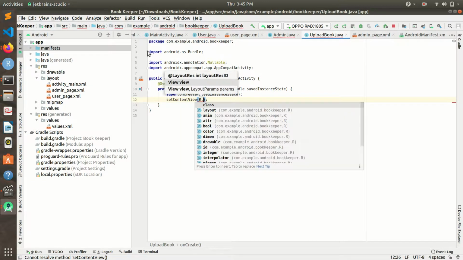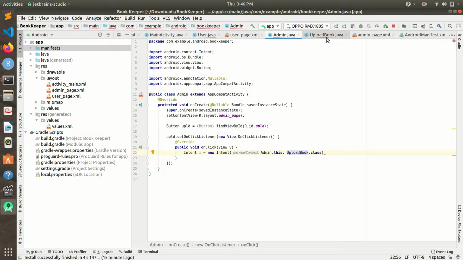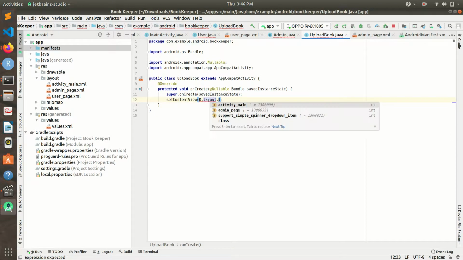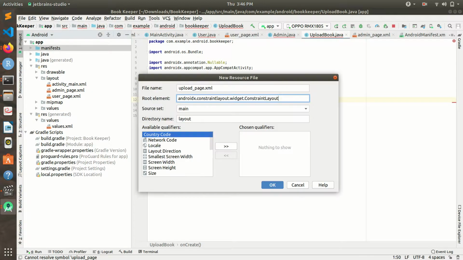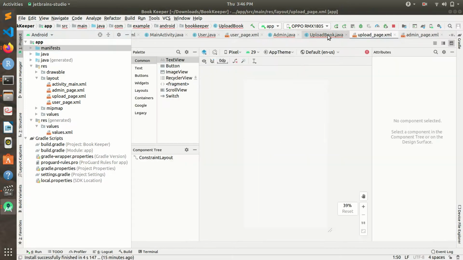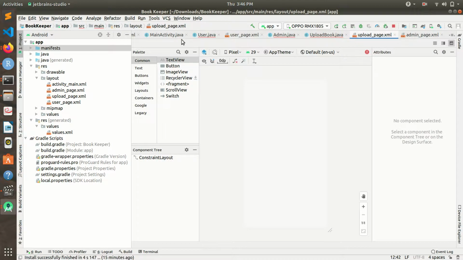So we will set the layout of this class using set content view, and let that layout name be upload page. Okay, create that XML file. Okay, so this XML file is created.